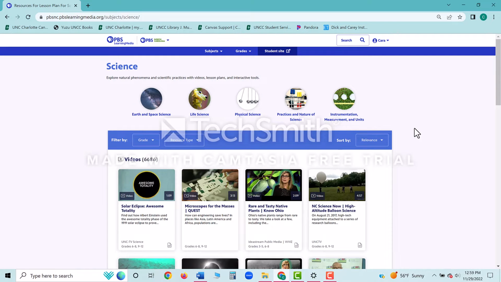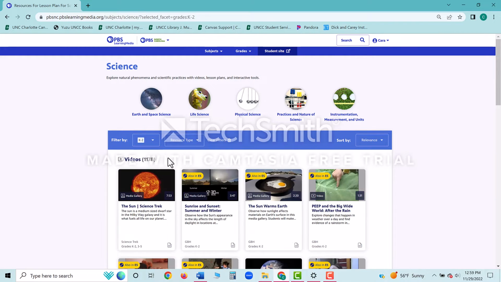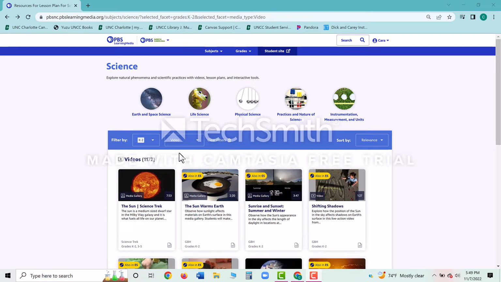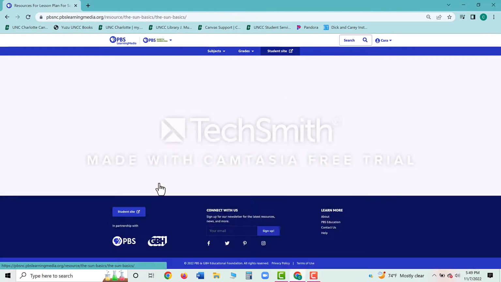When the science page is pulled up, you can see the different branches of science, and I can click on those buttons if I choose to look through some of those materials, but we're going to filter by our grade, which is kindergarten through 2nd grade, and click on that. And the resource type that we would like is a video. That pulled up about 1,100 videos for us,